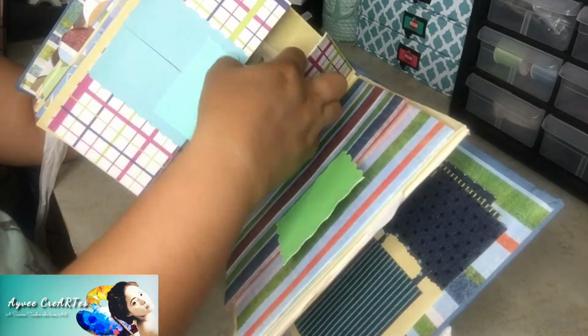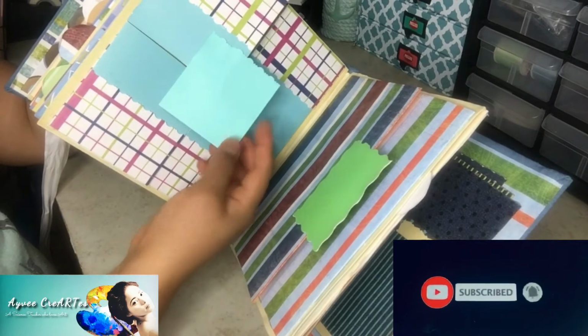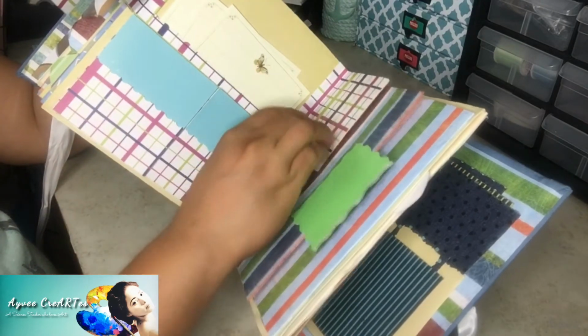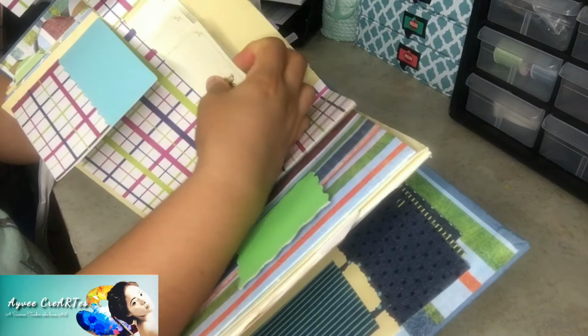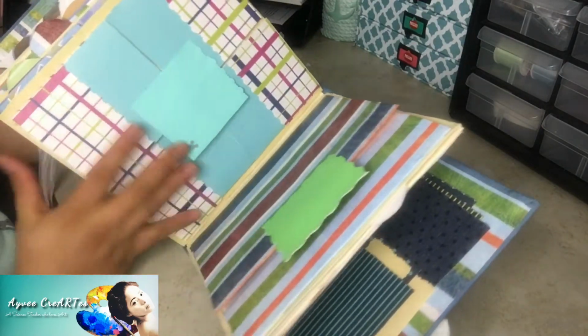So for this one, you have, it's like a window. So you can open this, like the month again. Open 1, 2, 3, 4 windows right there. And then we have a pocket. You can put an insert there. Alright, for this one,